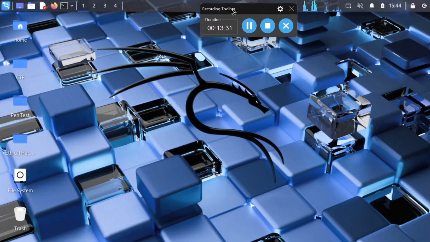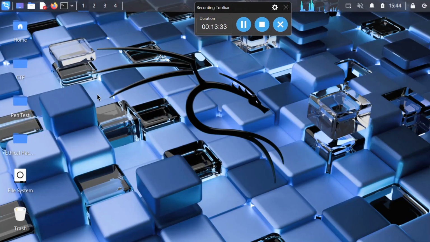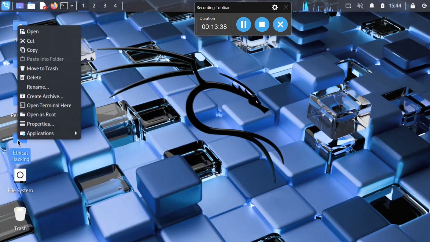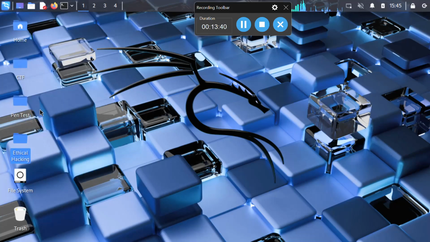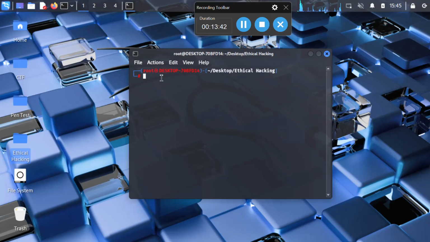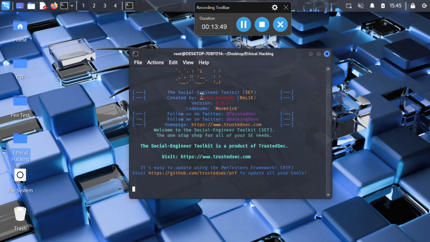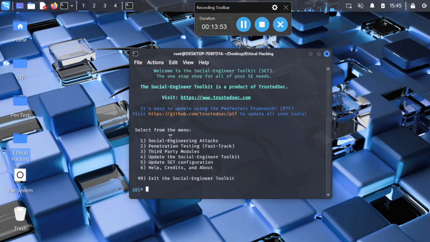Okay, now here I'll open up my terminal. So I'll just click on this ethical hacking folder, then I'll say open terminal here. Okay, so I'm going to type SE toolkit, social engineering toolkit, and press enter. Okay, so here now what to do, I'm going to go with the first option, which is social engineering, because